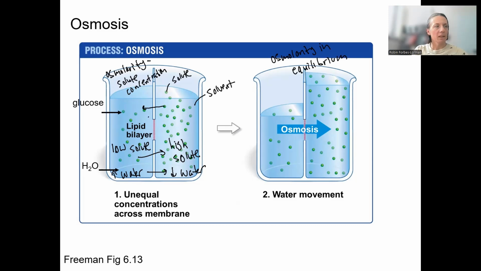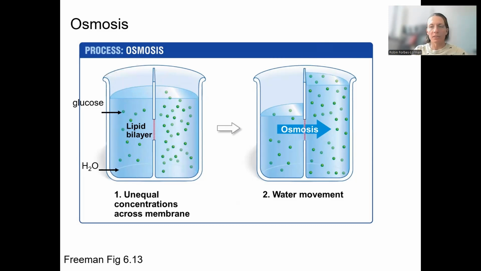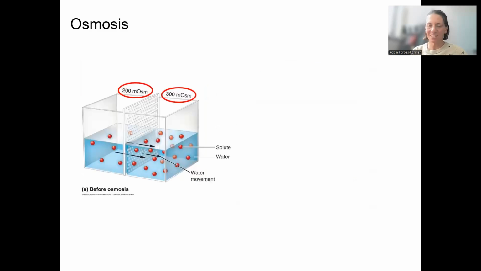All right, let's see this again, but with some numbers, for those of you who numbers might help. So again, we've got milliosmoles. That's just a milli, like a thousandth of osmolarity. Osmolarity is, again, the concentration of solutes. So to start with, we've got higher osmolarity over here than over here. Water's going to move from low to high osmolarity. This is also called moving to the side that is